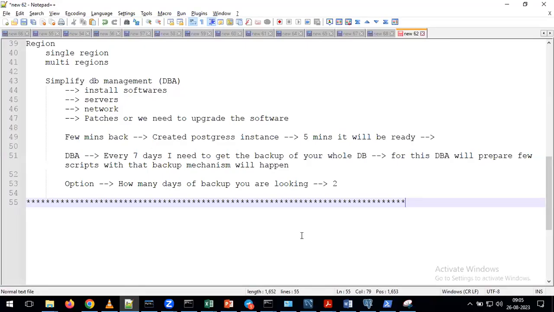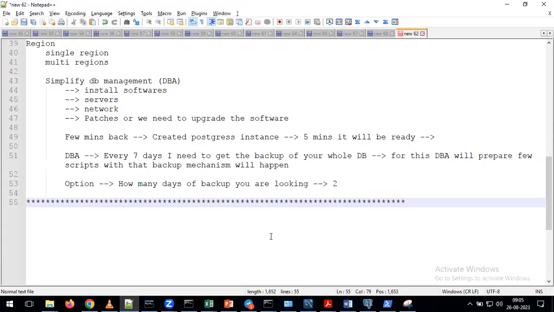No, actually in the backup, what will happen is we are going to take the complete backup. But coming to snapshot, we are going to take the partial backup. As part of taking the snapshot, we can specify how much snapshot of data you are looking for. So only that snapshot we can take depending on our requirement. If you want, you can take the complete snapshot also, or we can select only a partial snapshot depending on our requirement.